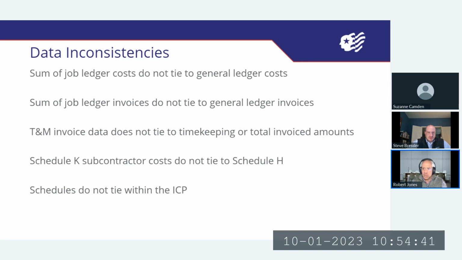People identify an issue at payroll. People identify some kind of an issue and they do a journal entry to the general ledger, but not to the job ledger, or they do a journal entry to the job ledger and they don't fix timekeeping. And so during audits, DCAA looks at this, right? They're going to say, hey, show us the timesheets that match up to this contract, that match up to this invoice, that match up to these total dollars. And when that doesn't match, you've got a problem.